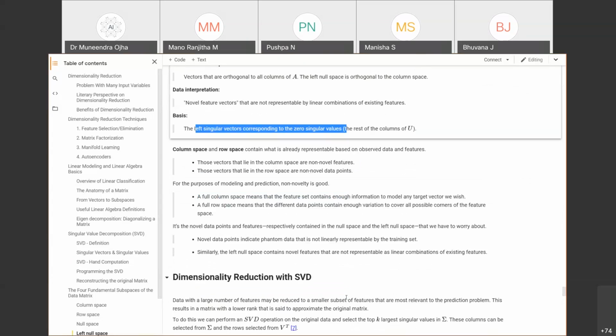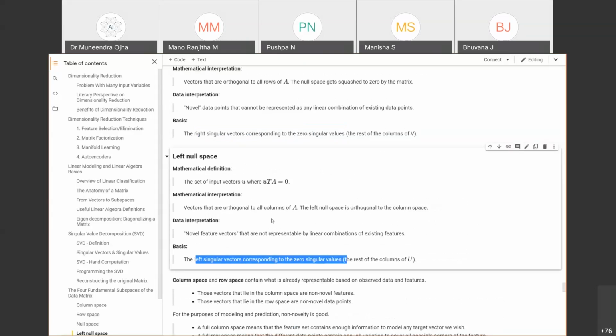One part corresponding to matrix U having non-zero singular values. Second part, matrix U with zero singular values. Third part, matrix V with non-zero singular values. And fourth space corresponding to matrix V with zero singular values. So with this definition, what I'm trying to emphasize is that any data point corresponding to zero singular values